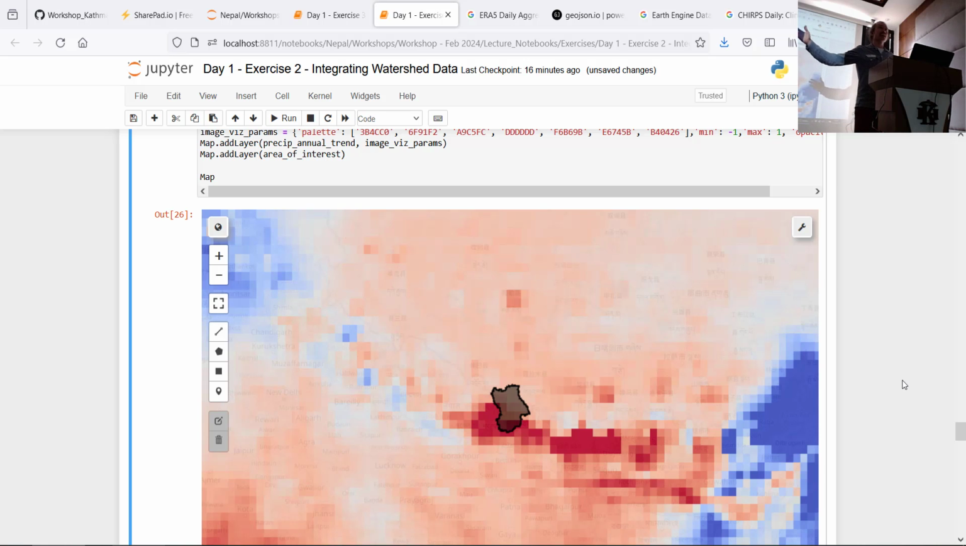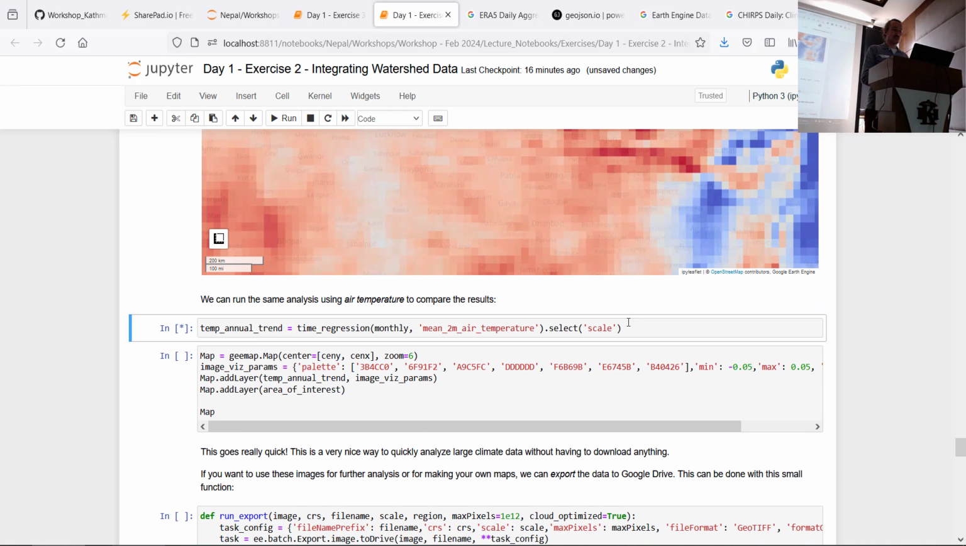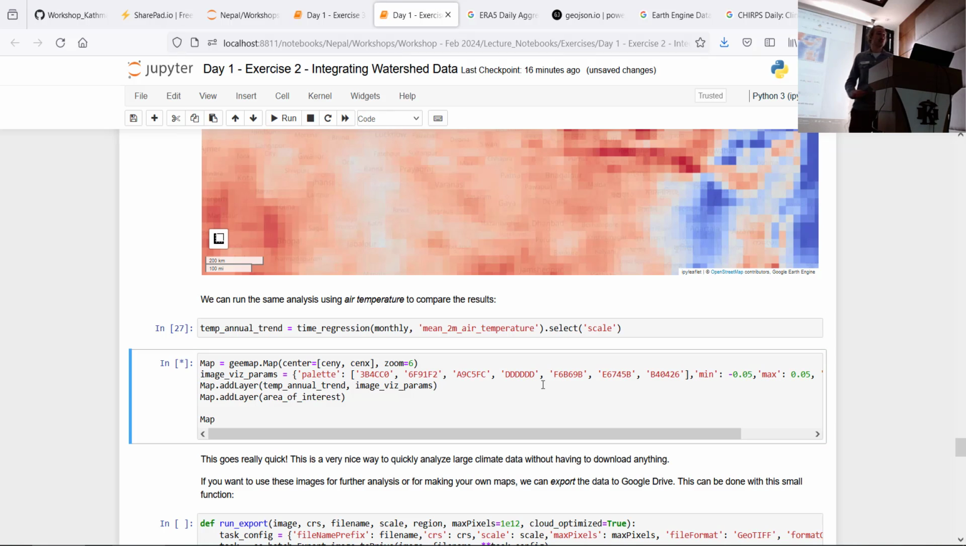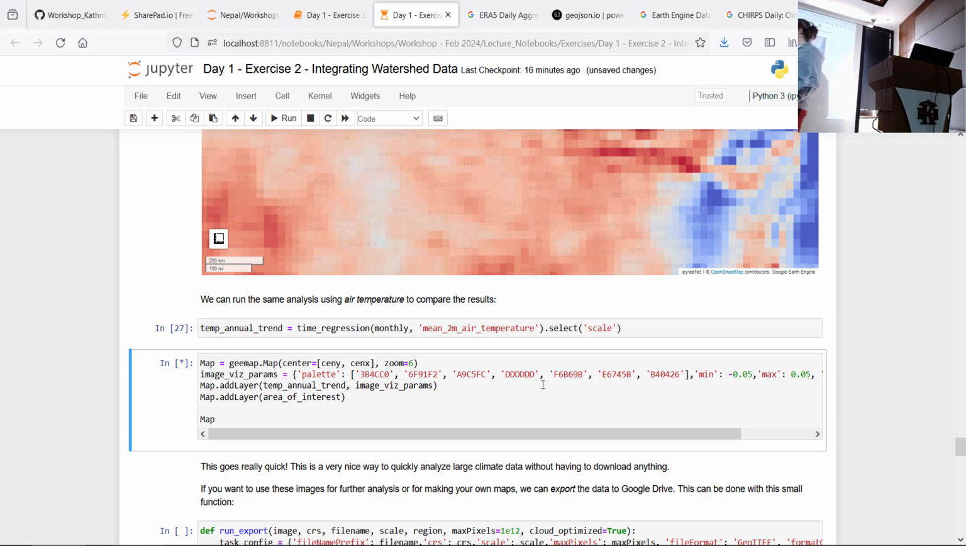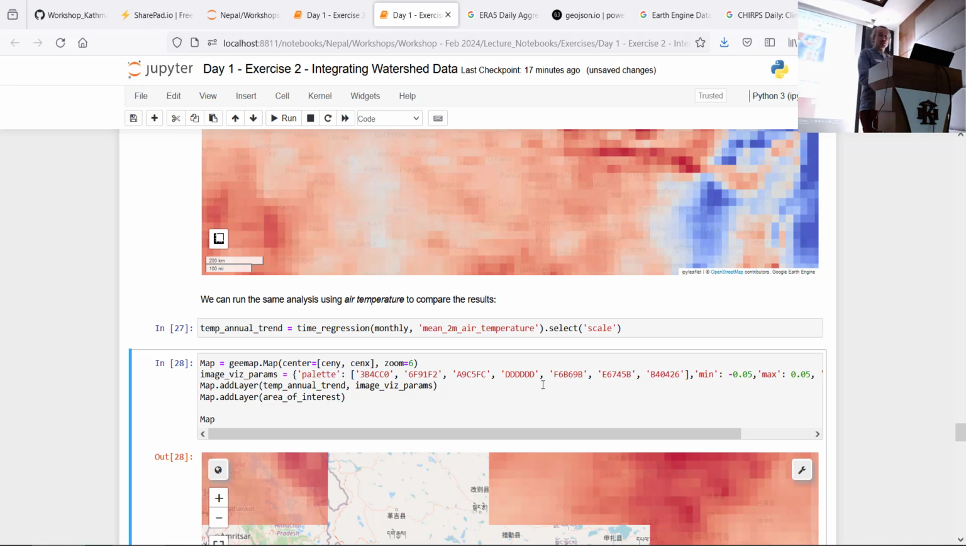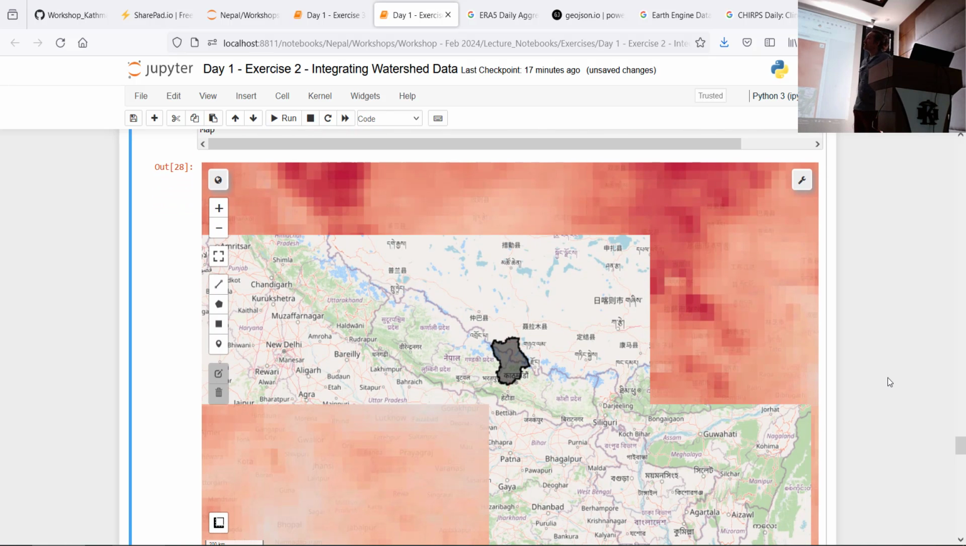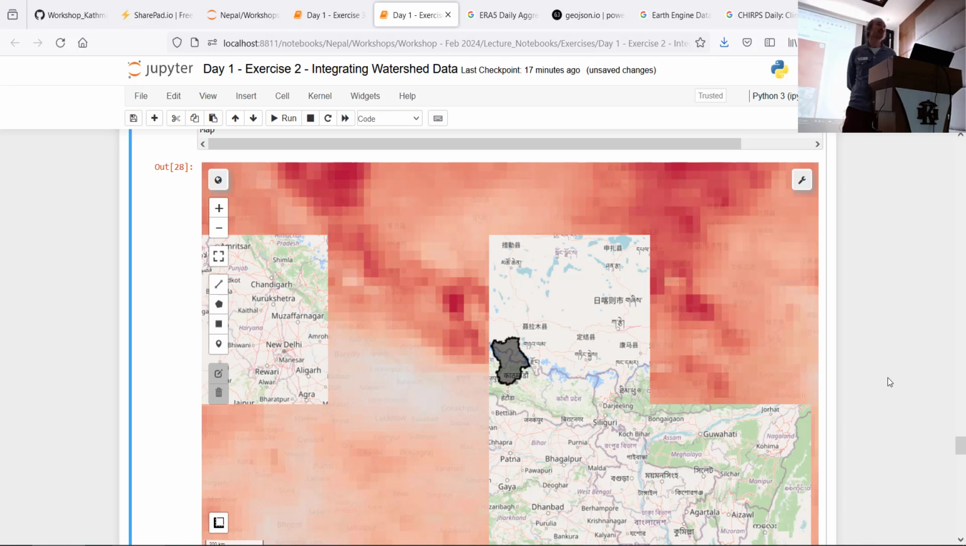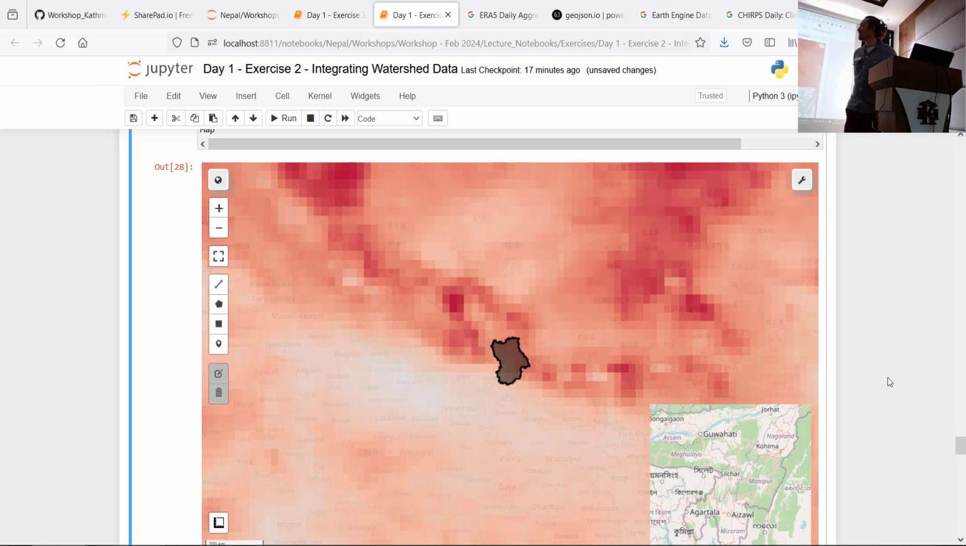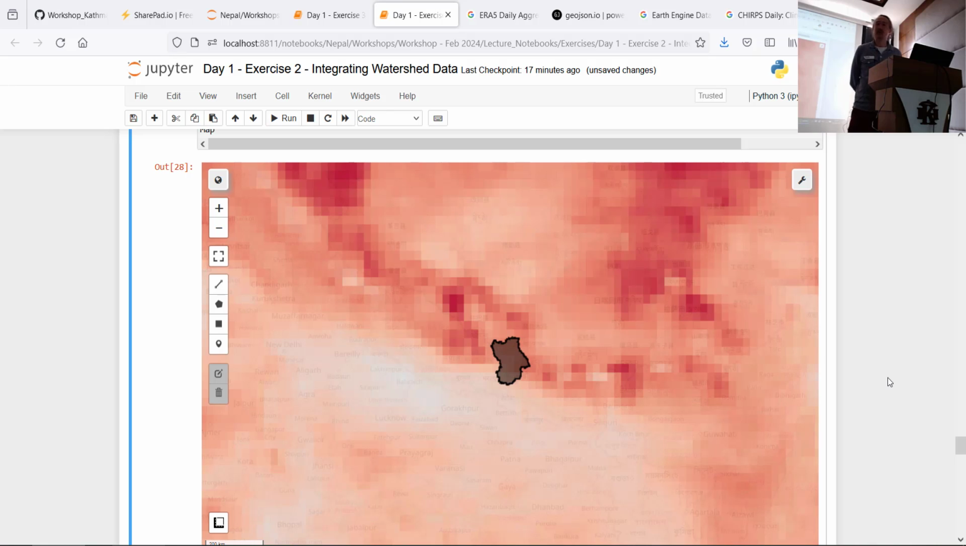Yeah, so this is just a nice, quick way to visualize this. We can also, just for comparison, do the same thing for air temperature. So I'm using this same little time regression thing that I just made, but instead of doing precipitation, I'm doing the mean air temperature, just so we can compare them and see that this is probably as expected, pretty much all red, right? Temperatures have increased pretty much everywhere. And they've actually increased more than in other places in exactly these high mountain regions that a lot of us work in. So